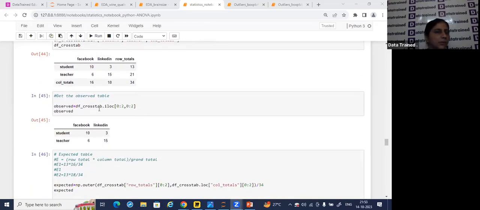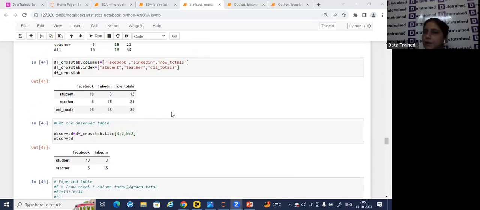So when I did it, I'm getting df cross tab dot iloc 0 to 2, 0 to 2 here. Okay, so I'm getting this data: 10, 3, 6, and 15. So this one is the observed value I needed. Now, because I need to find out the chi-square test,